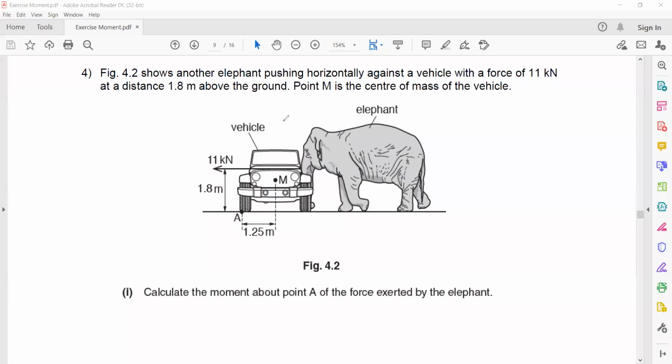So in this session, we will continue the discussion of topic moment. Just a quick revision. What is moment? Moment refers to the turning effect of the force. When we apply a force and the object rotates, we call that moment. And how can it be calculated? Moment can be calculated by using the force applied multiplied by the perpendicular distance from the point of rotation to